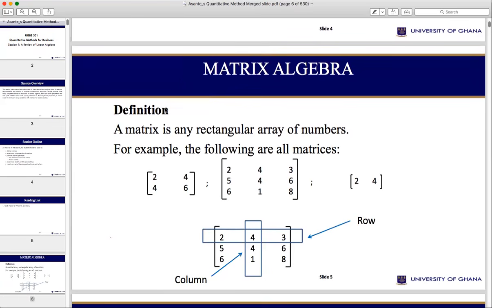So basically, if we see a matrix, it is basically any rectangular array of numbers, but it can be either rectangular or it can be square. The reason why I'm saying it can be square is when